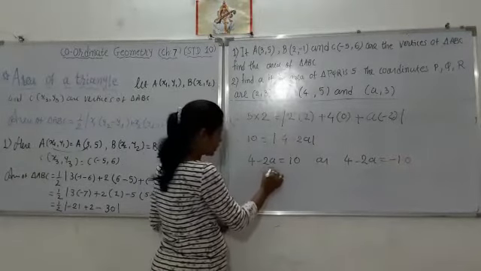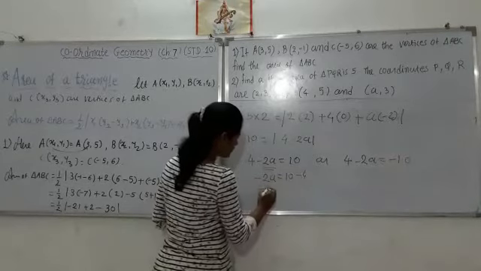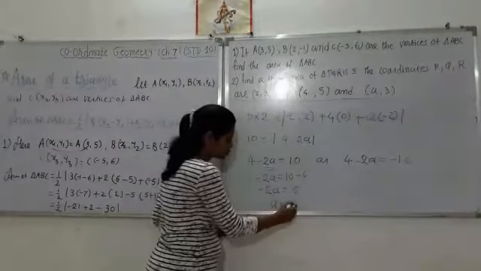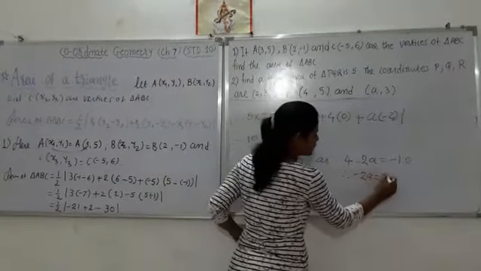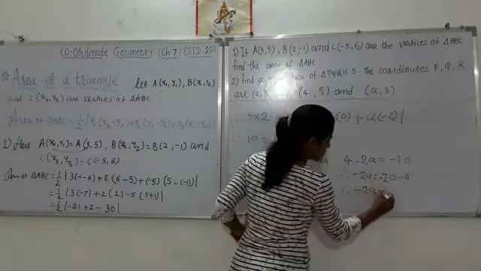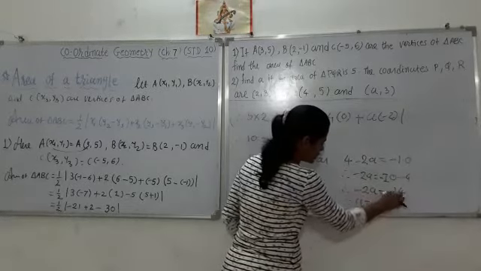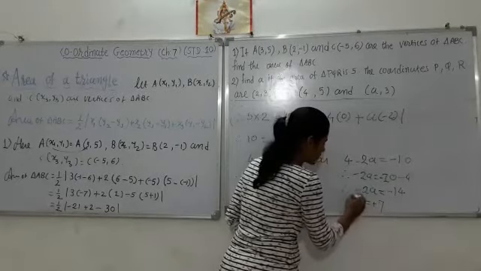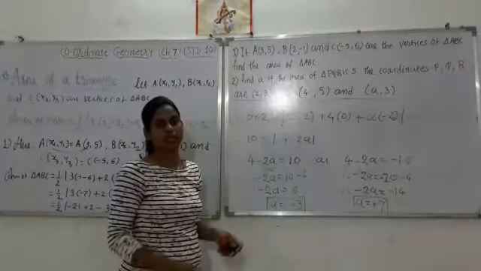Now you want to find the value, shift this. So minus 2a is equal to 10 minus 4. Minus 2a is equal to 6. So a is equal to 6 upon minus 2, that means minus 3. Same way, minus 2a is equal to minus 10, shift this, minus 4. So minus 2a is equal to minus 14. Shift this minus 2. So a is equal to minus 14 upon minus 2. So 2 sevens are 14, and minus minus plus, so a is 7. So these are the numerical values of the given unknown variable a.